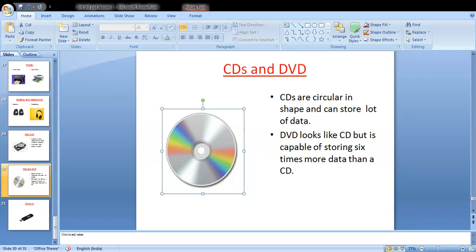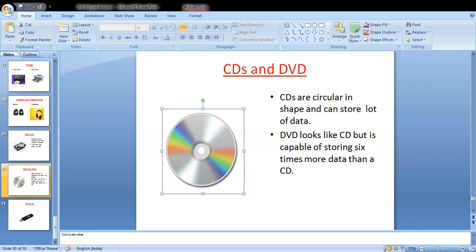When you press this button, the tray will come out, and here we have to put the CD or DVD. It is circular in shape. After you put the CD or DVD here, press that button once again.